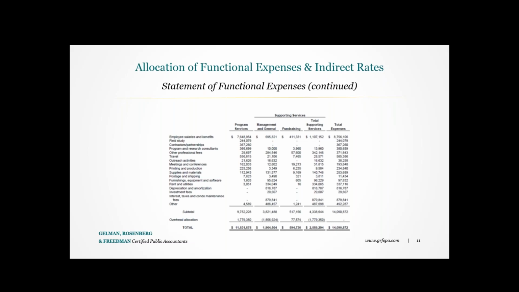Additionally, both of these statements are very simplified on the programmatic side. Again, depending on the complexity of your organization, you might have 3, 4, 5, 6 programs that roll up into a total program service on your statement or on your financials. So again, that's just keeping in mind that every organization is different. There's certainly no right or wrong way, but it should be best reflective and best representative of the work that you all are doing.